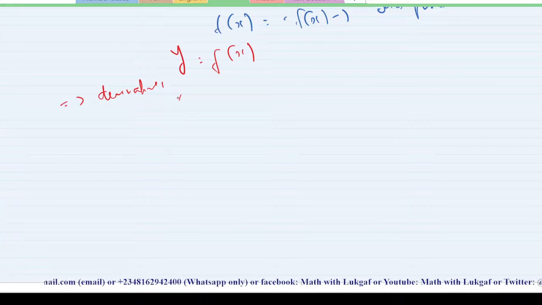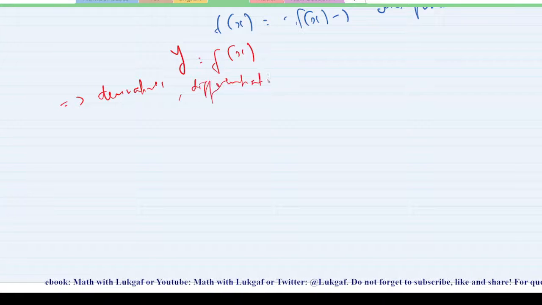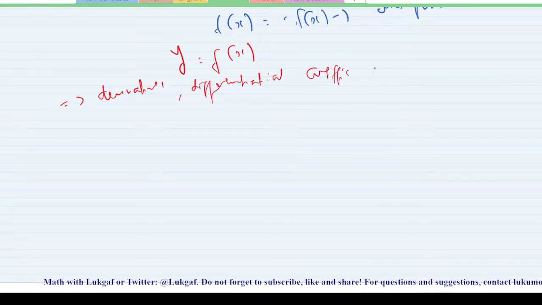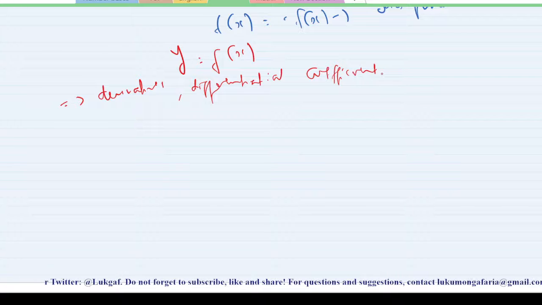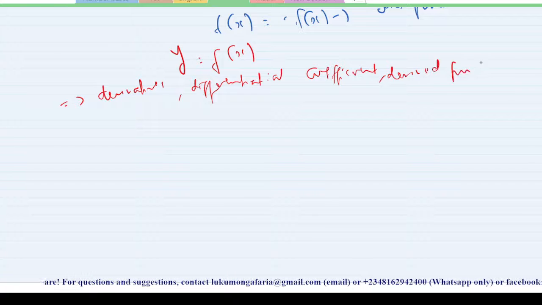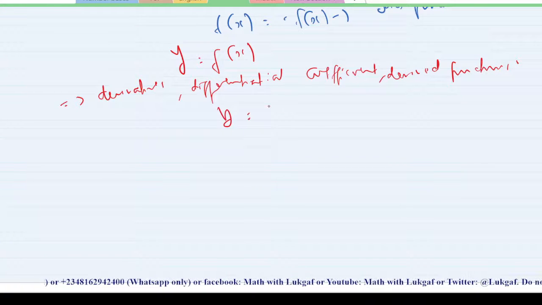It is also known as the differential coefficient. You can call it derivative or derived functions. So it means basically that when you have y is equal to f of x,